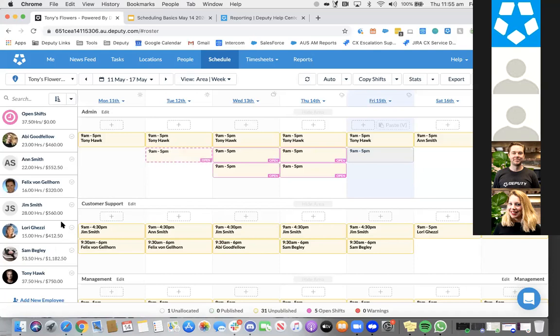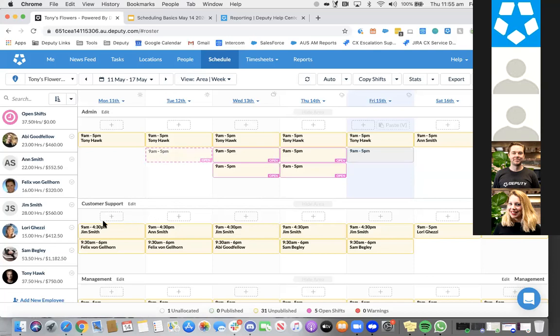Can you attach a file or note to an individual staff member? Again, not really a scheduling question, but you can do that through a training requirement. Training requirements within a person's profile, you can actually attach documents to that. So if you just call that training requirement whatever the document is called that you want to attach to that person, it's then technically not always a training requirement, but you can use that as a workaround and